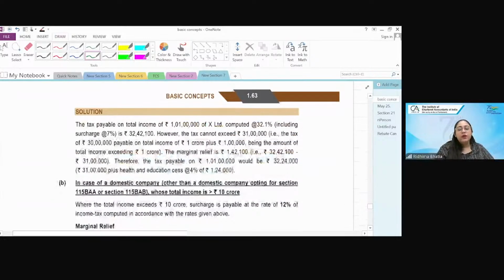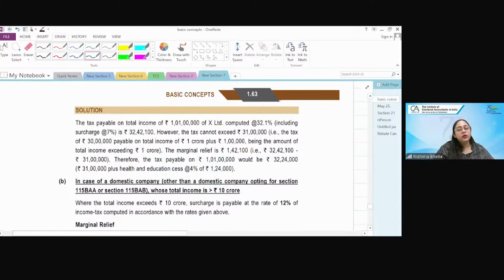On an income of 1 crore 1 lakh, they have computed the tax as 32.1%. कैसे 32.1%? 30 पे 7% करोगे, ठीक है? The tax would come to 32,42,100. But on an income of 1 crore, tax would have come to,